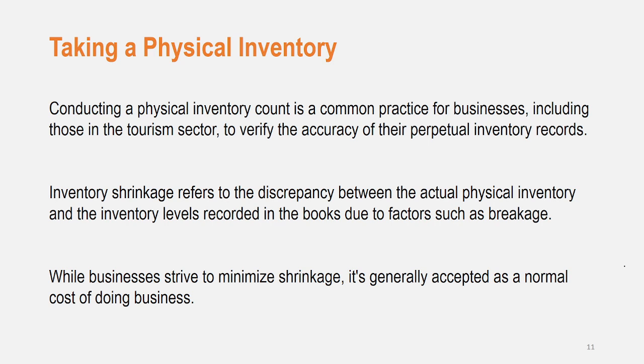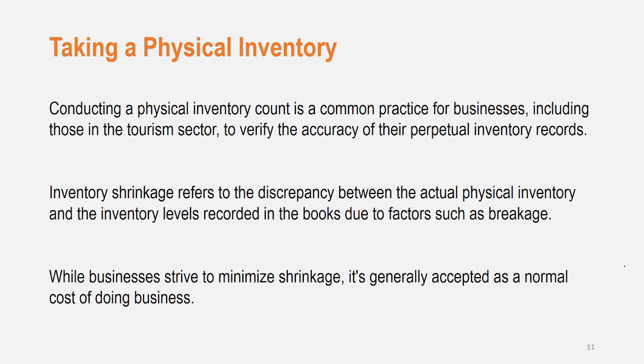or errors. Inventory shrinkage refers to the difference between the recorded inventory in your books and the actual physical inventory count. This discrepancy can arise due to various factors such as theft, damage, and clerical errors. For example, imagine you recorded 100 camping tents in your system, but during the physical count, you only find 95. This difference of 5 tents is inventory shrinkage. Minimizing shrinkage is also important.